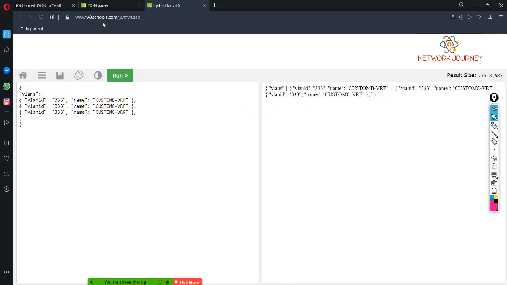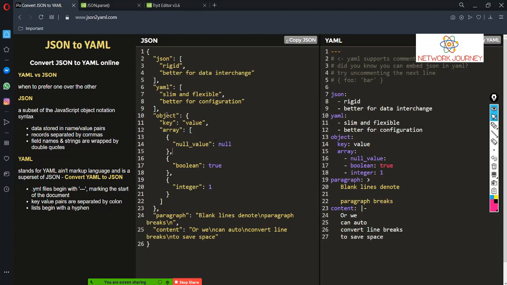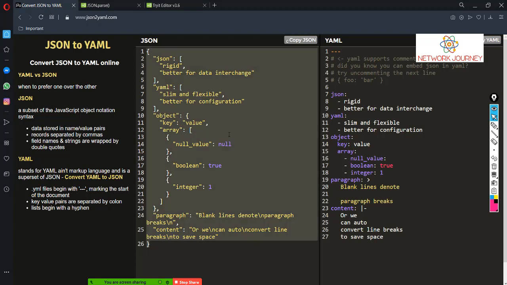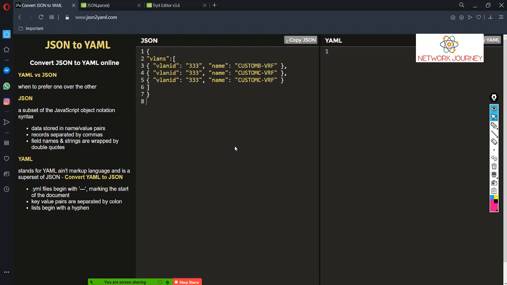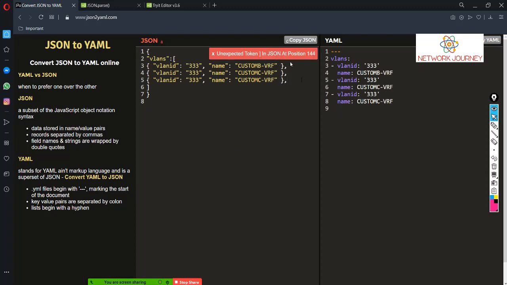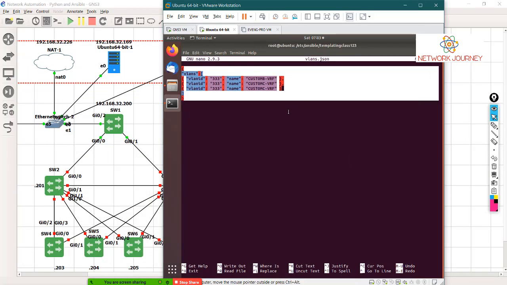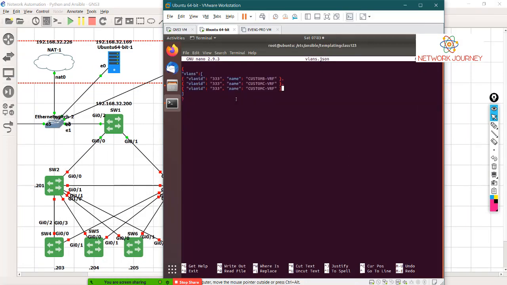It's actually taking it here, but there is one more tool which will show the JSON. So let me show you over here. As soon as you put the comma, it's going to say that there is an issue. Okay, so the right format you follow is this. This is where we get our JSON value, or I can say this is the data model. I have to change the values. Don't make the mistake.